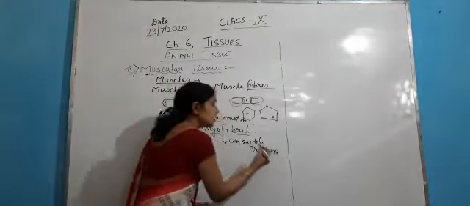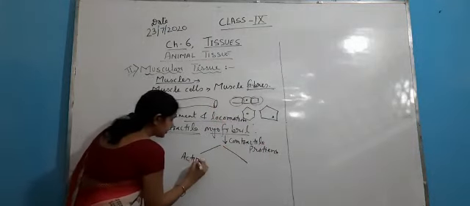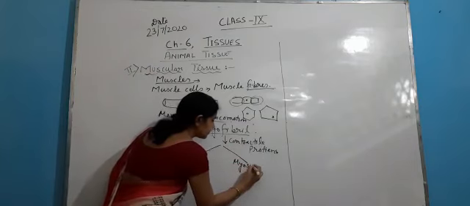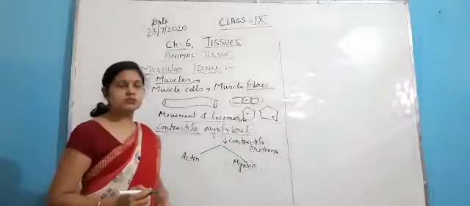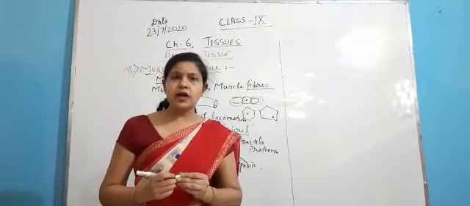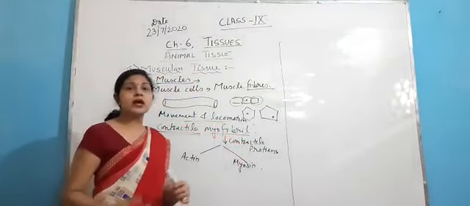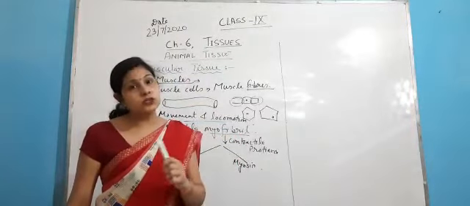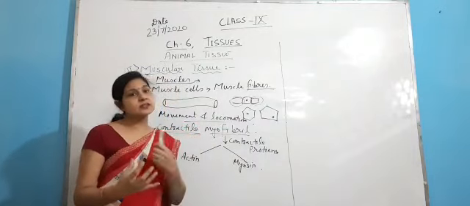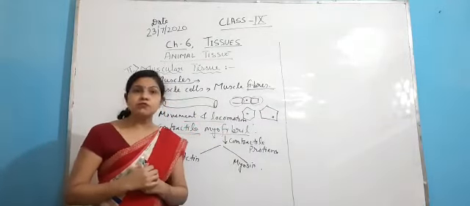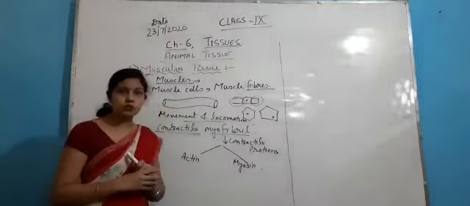The names of these contractile proteins are actin and myosin. This is a bit complicated, that is why I am telling you again. In the last video also, at the end, I told you about this. So, actin and myosin continuously contract and relax, and so the muscles overall continuously contract and relax, and that is why they help in the movement and locomotion of the body. So this is how the muscle tissue works.